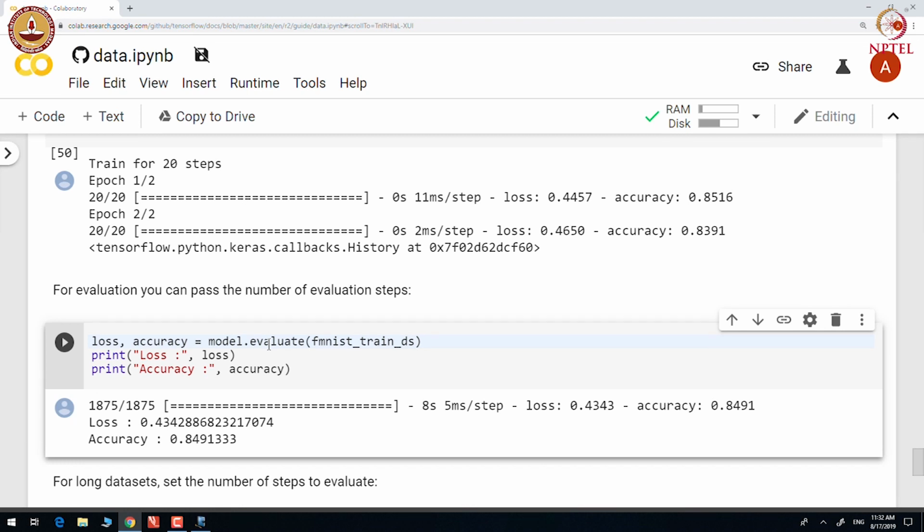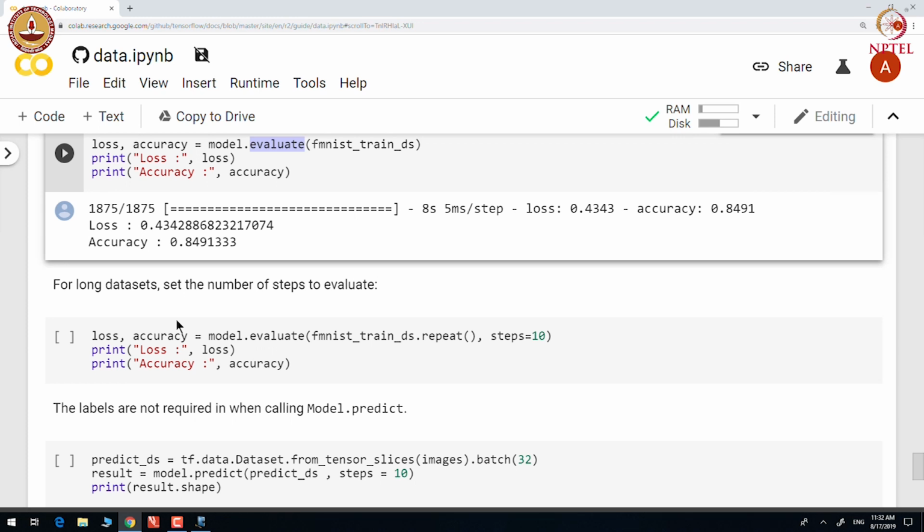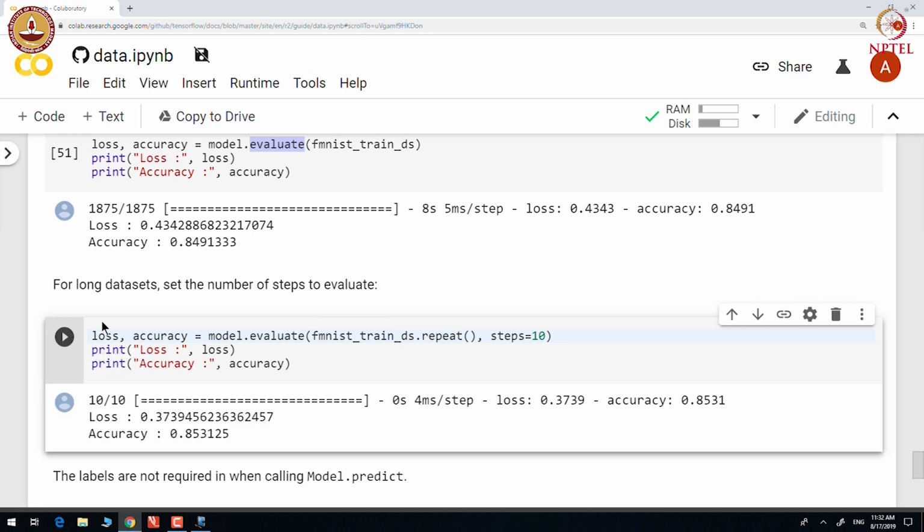Here, if we want to evaluate accuracy on the training set, we pass the training dataset to the evaluate function. If our dataset is big, we set the number of steps to evaluate. Here we set the number of steps to 10.